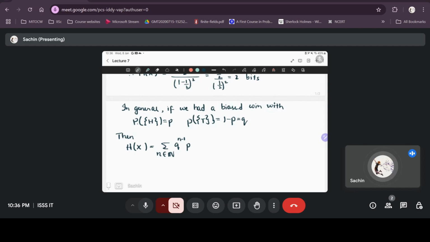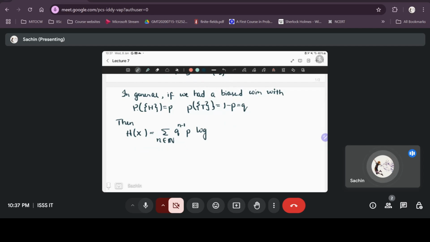That's the probability that the first head occurs in the nth toss. So the first n minus 1 tosses are tails, which happens with probability q power n minus 1, and the nth toss is heads, which happens with probability p